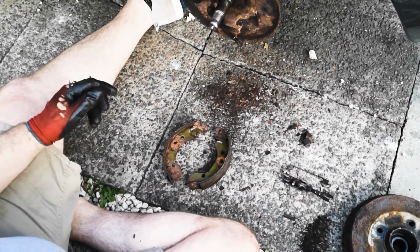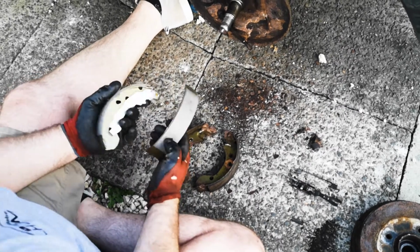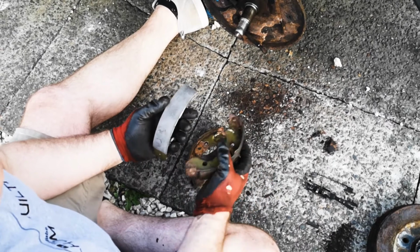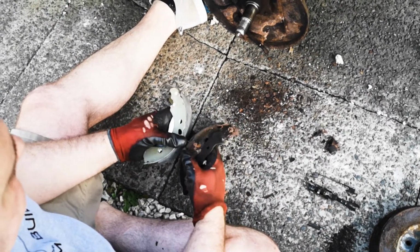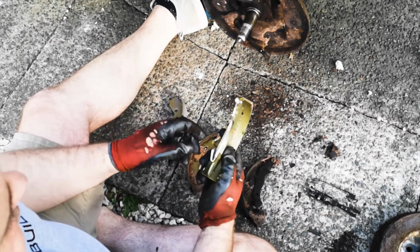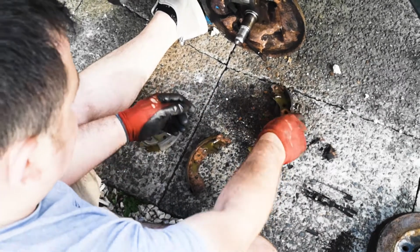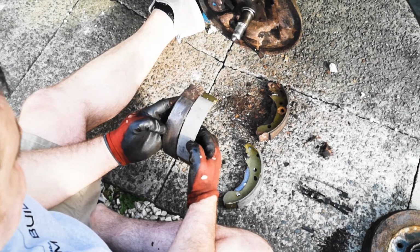So, the new ones here, first thing you want to check is check the width and the size of the shoes. Make sure they're the right parts. These look perfect. You've got your handbrake lever on this one, so this shoe goes here, like so, and then double check this one again. Yeah,